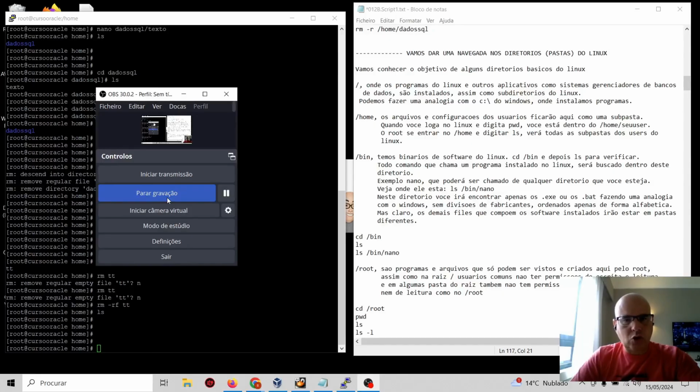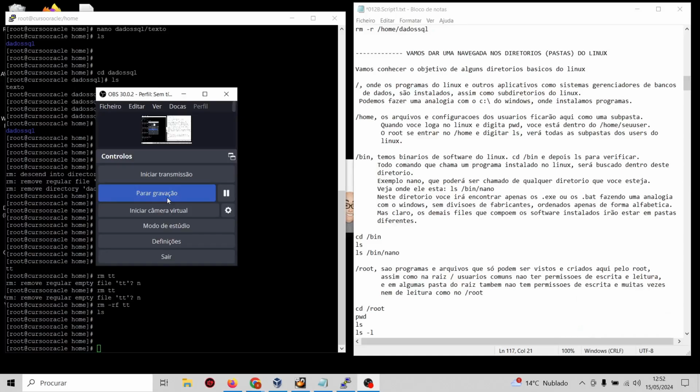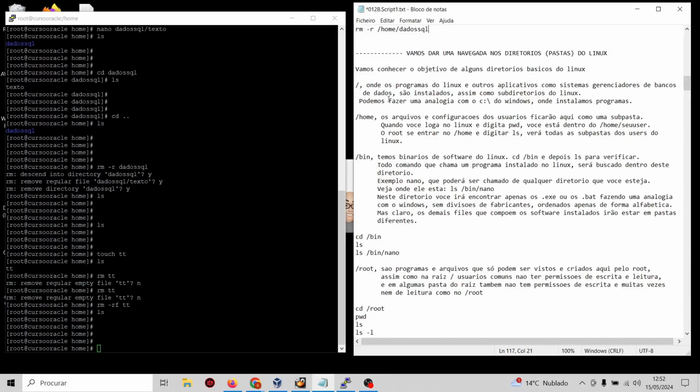In this class, we're going to talk about the structure of Linux directories, okay? Not just Oracle Linux, but you see this structure in other Linux distributions as well, all right? It's the same idea. Here I'll explain what the objective is, and we'll take a look at the contents of these directories, okay? So, the first directory, as we've seen, is the root directory, where all the programs of Linux are installed. From this directory, you'll see by default that the main software of Linux itself